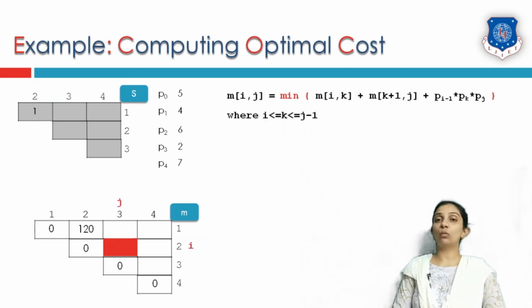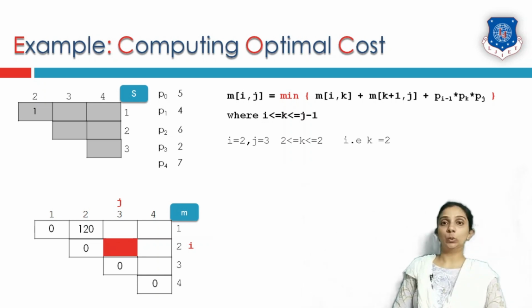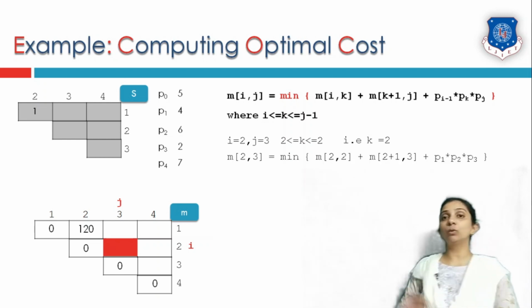That is the cell where i is equal to 2 and j equals to 3, row 2 column 3 cell. That means my k should be between i and j minus 1, that is between 2 and 2. So obviously k's value is equal to 2. Now let us fill up i equal to 2, j equal to 3 and k equal to 2 in our